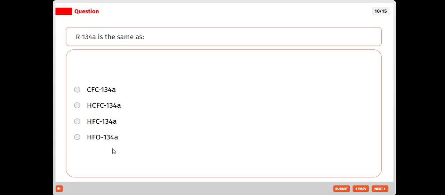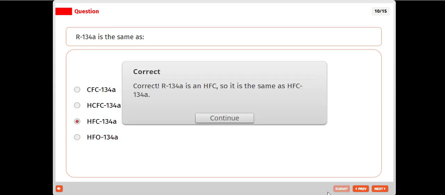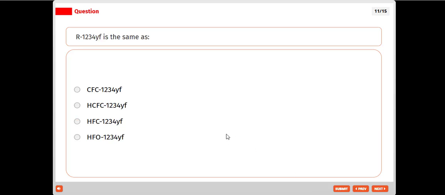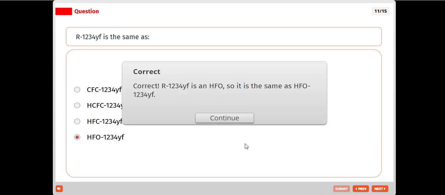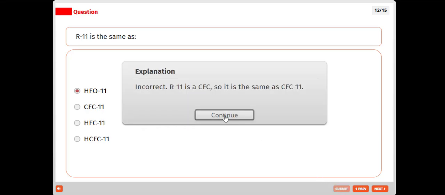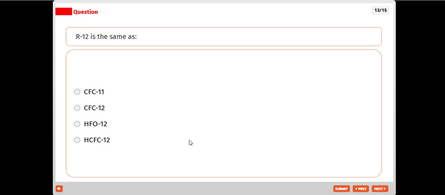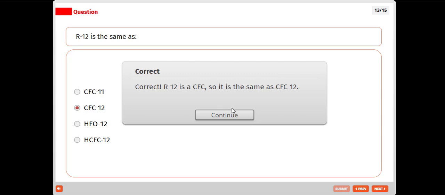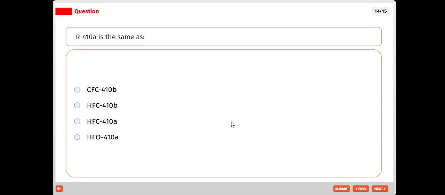R134 is the same as HC. Okay. I don't remember this one. I think HFC. Yeah, HFC. R1234YF is HCFC 123. Okay, so HFO. Yeah. R11 is same like HFC 11. HFO. No. R12 is the same like CFC 12. R410A is same like HSVC,